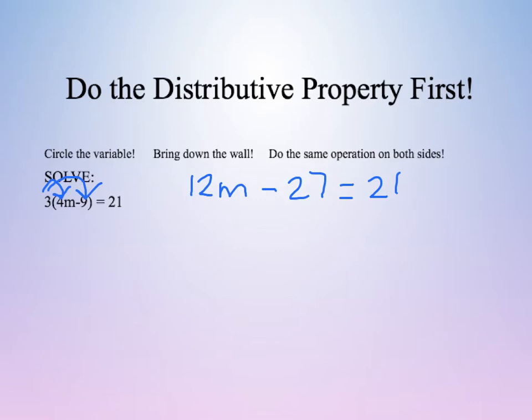So the first thing I'm going to do, it says to circle the variable. So I'm going to circle the variable, bring down my wall, and then think back to PEMDAS. We're going to do the opposite of PEMDAS. So we're going to do the adding and subtracting first. So it tells us to subtract, so the inverse of subtraction is to do addition. So we're going to add 27 on both sides. A negative 27 plus 27 cancels out, which leaves you with 12m equals, and then you have 21 plus 27,